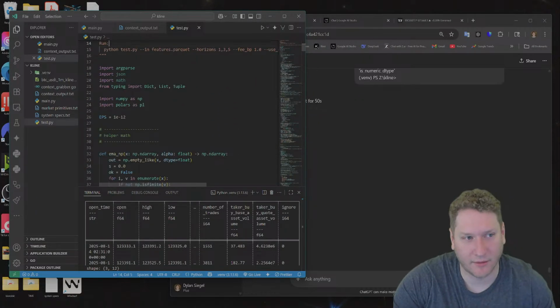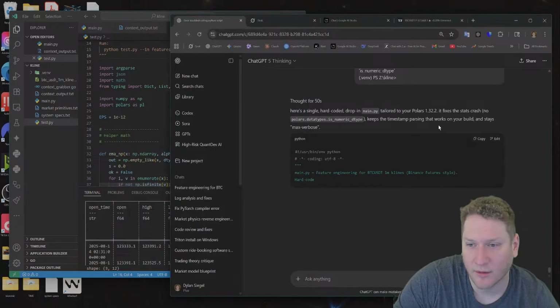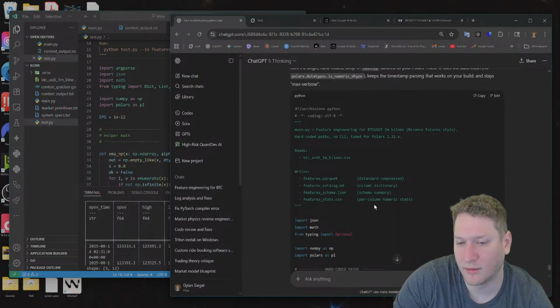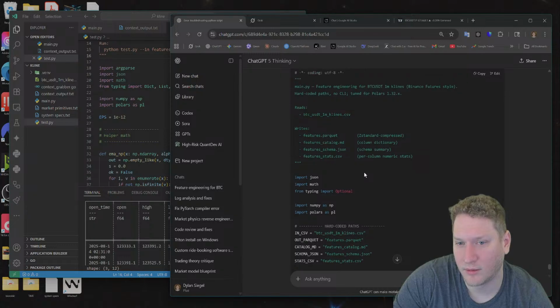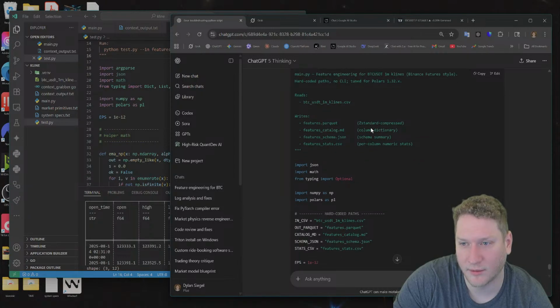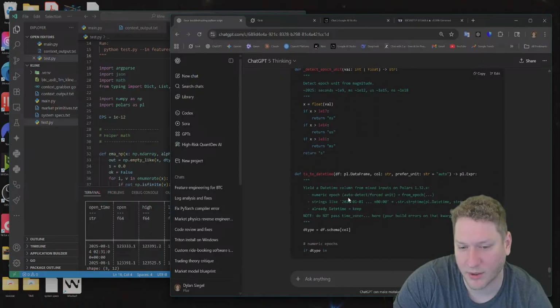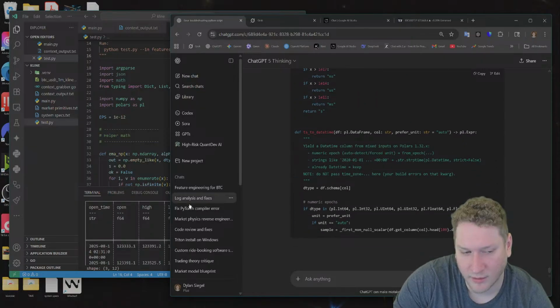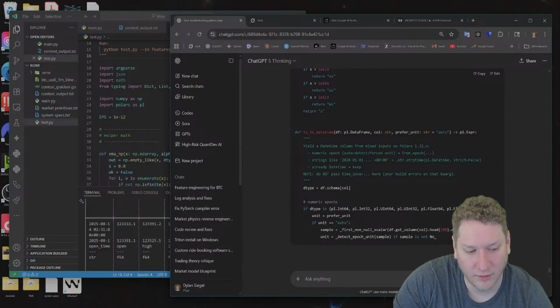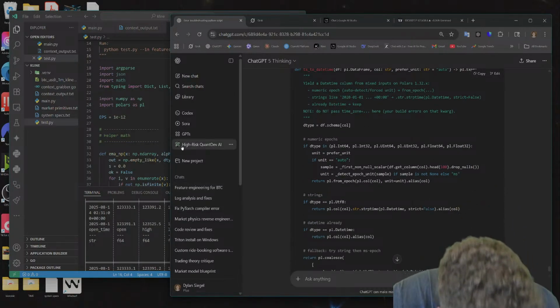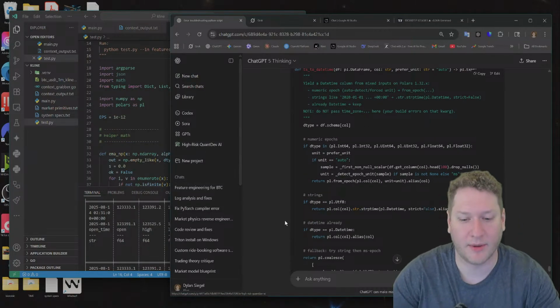Now with testing, I'll deal with this sort of running. Okay, here's single hard code main tailored for your polars. Fixes stats crash, no polars. Okay. Yep, reads that. Okay, let's make sure timestamp helpers. Let's make sure if it's forgetting to input all the math in here.